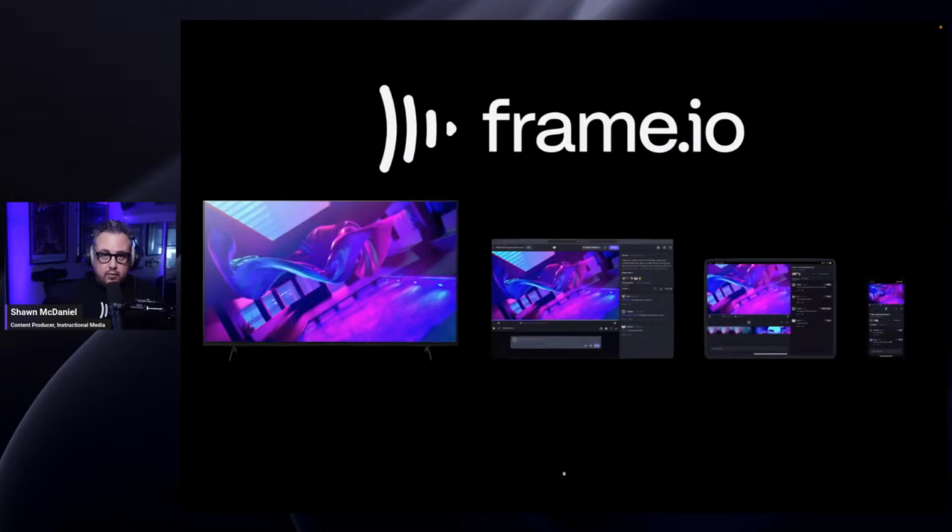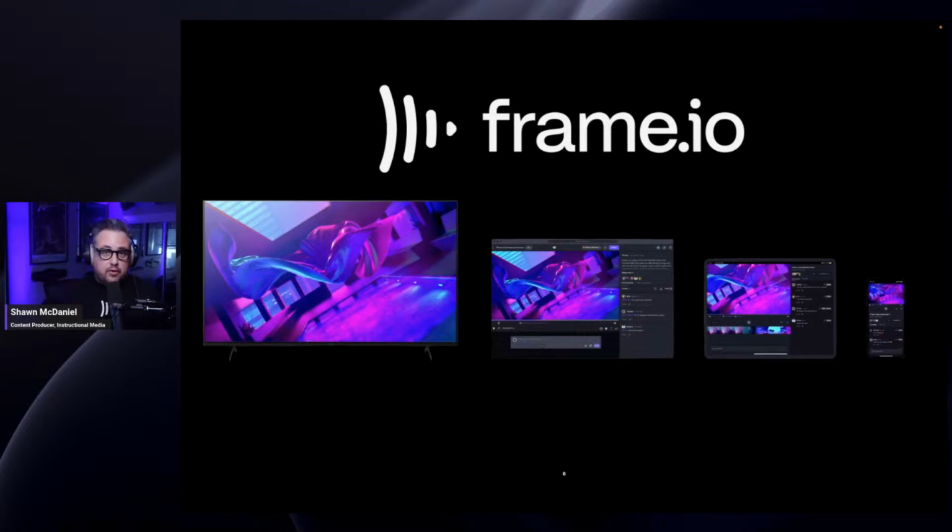So obviously we have a really robust web app, but we also have an iOS app available for both iPhone and iPad. And then for our enterprise users, we also have an Apple TV app. Now, much like last color session, we talked about the Lumetri panel. Well, inside of Premiere, we have an integration with Frame.io, or they have an integration with us inside of Premiere and After Effects, to where you can actually interact with Frame.io directly inside of that application.